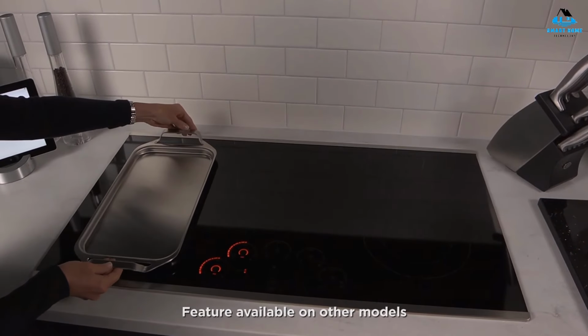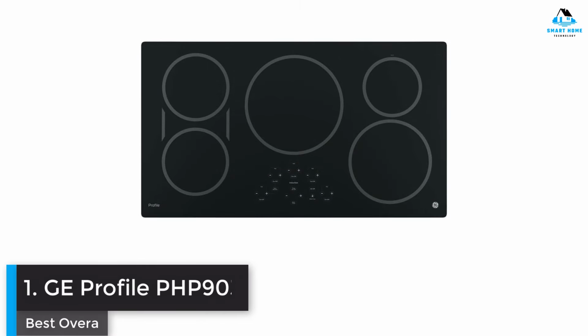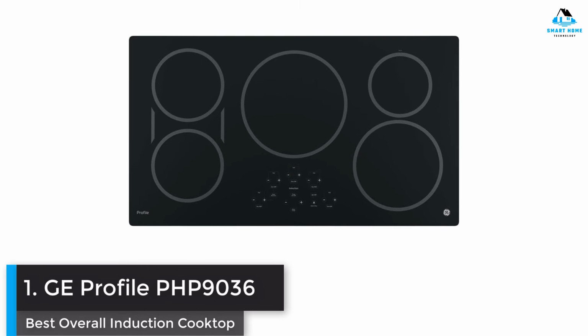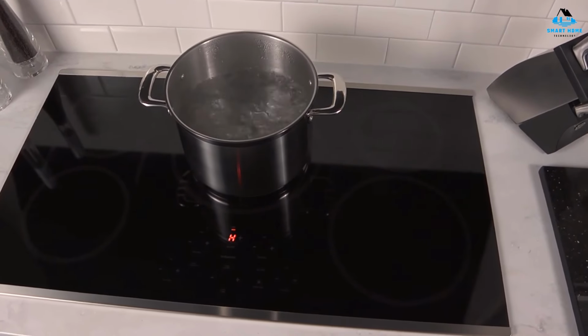Our list is in no particular order, so be sure to stay tuned till the end. Let's get started. Number 1, GE Profile PHP9036. Best overall induction cooktop. The 36-inch GE Profile